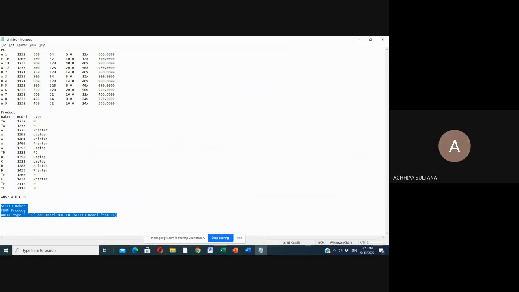Sure, sir. So what I want is all the makers, but not this maker in the list. Isn't it the criteria that I want all the makers who are there in the product table, but not these one, right? So that's the reason why I'm saying select